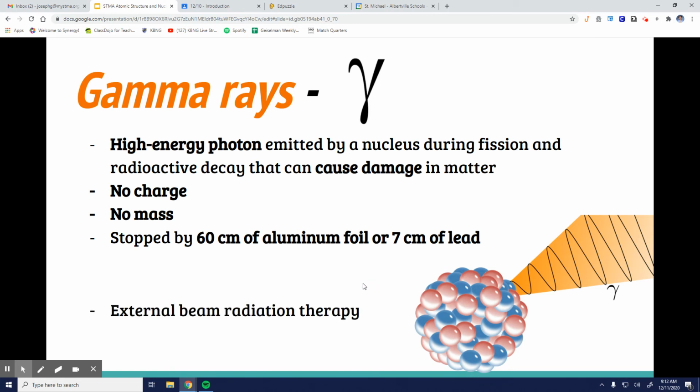So external beam radiation therapy, which is really aggressive radiation therapy for cancer patients, will use gamma radiation. Gamma radiation can also be used to sterilize medical equipment and a few other things, but it's really dangerous to living things because it has so much energy. It can wreck and mutate a person's DNA in their cells, and that can either cause the cells to die